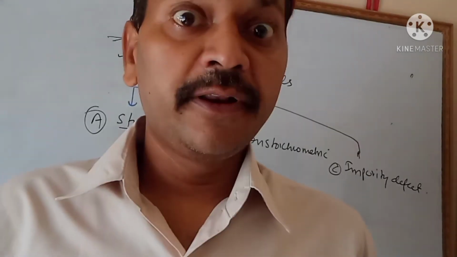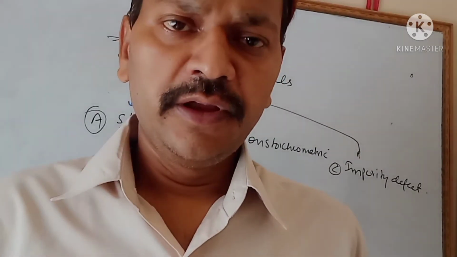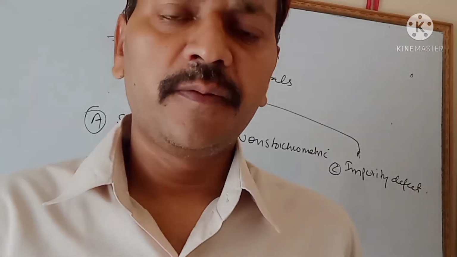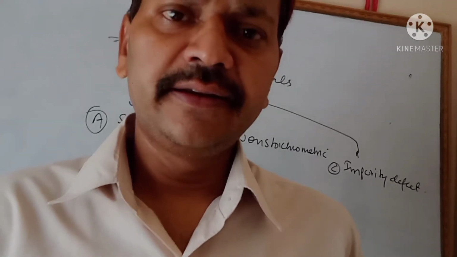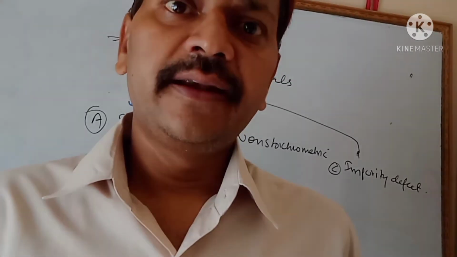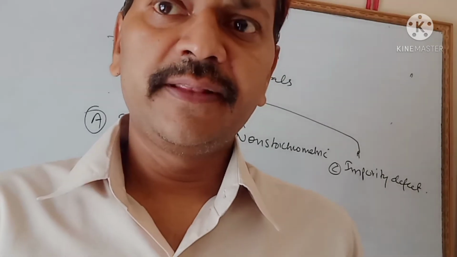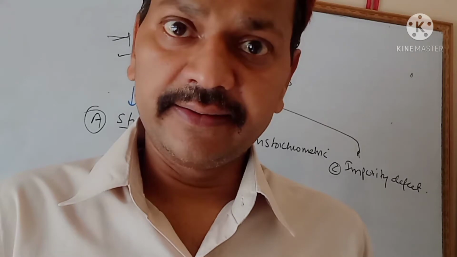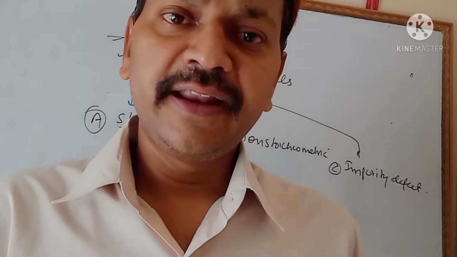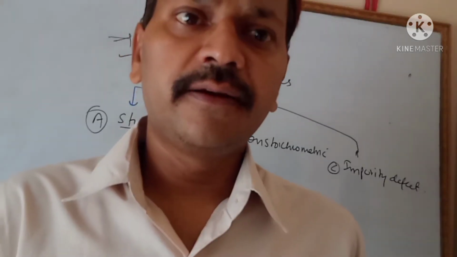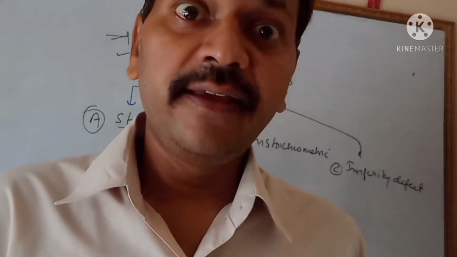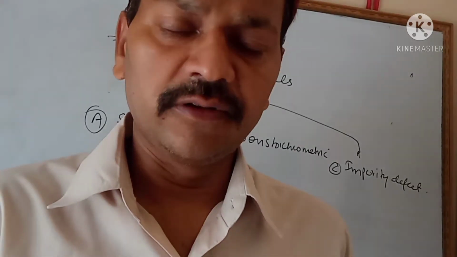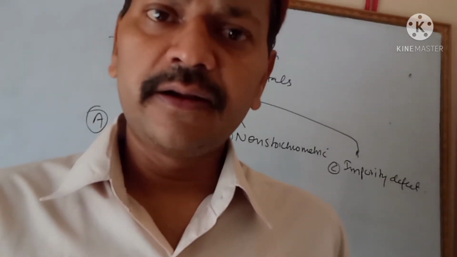Now, in review of part 1 and part 2 videos. In part 1 and part 2, we studied what is imperfection in solids, what are perfect crystals, and what are the conditions, along with the types of defects: point defect and line defect. And in part 2 we discussed what is a vacancy defect, what is an interstitial defect, and how they are formed. Now this is part 3.